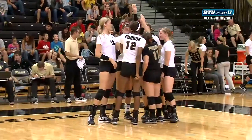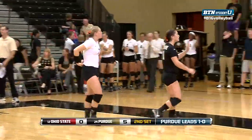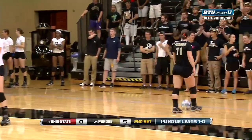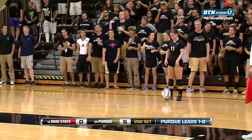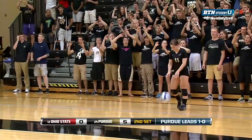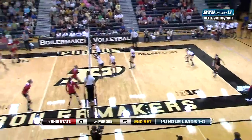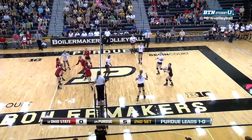It did not take head coach Jeff Carlston long to see something he didn't like there. His Buckeyes in an early 5-0 hole here in set two. You know, rally score lends itself to running points in a hurry. Couple blocks, swing out of bounds, all of a sudden you're down 5 early in a set. And it can come back just as quickly, as we've seen over and over again, and sometimes it starts just